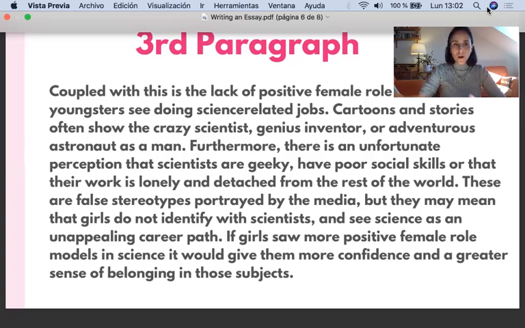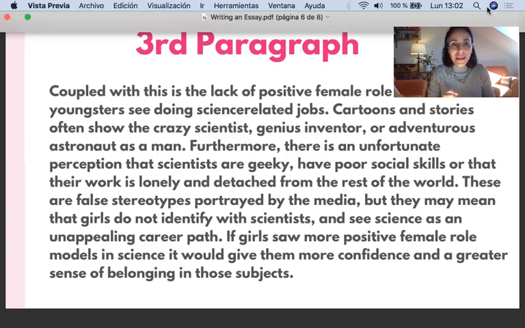Cartoons and stories often show the crazy scientist, genius inventor, or adventurous astronaut as a man. Furthermore, linker, there is an unfortunate perception that scientists are geeky. Geeky is like freaky, okay? Geeky, have poor social skills, or that their work is lonely and detached from the rest of the world. These are false stereotypes portrayed by the media,